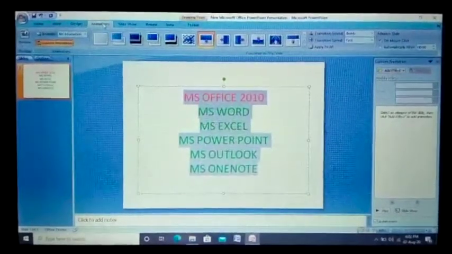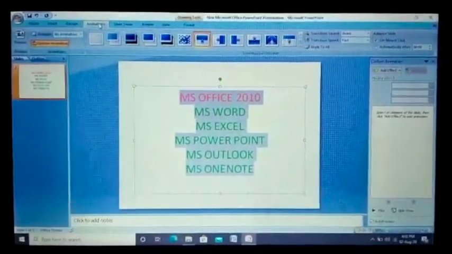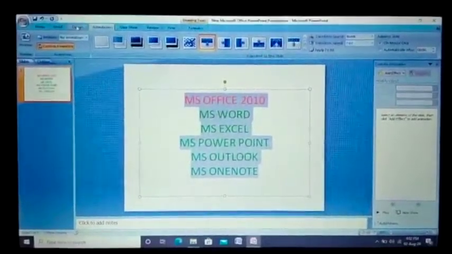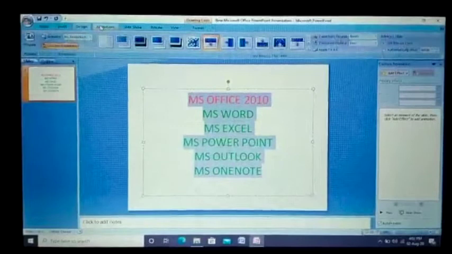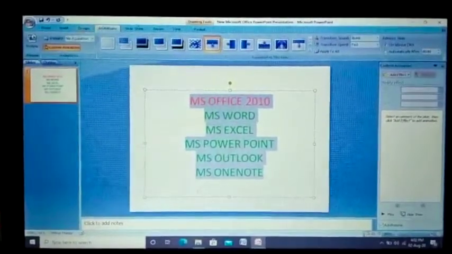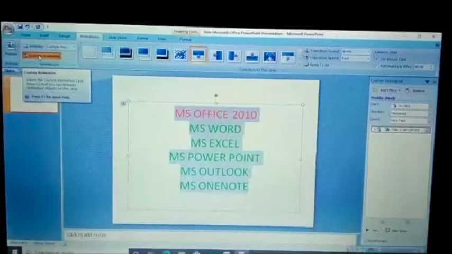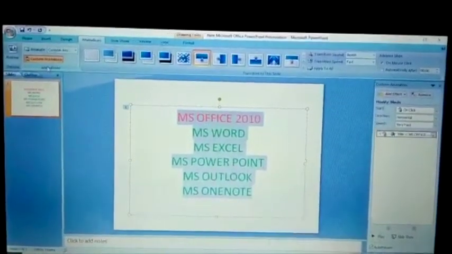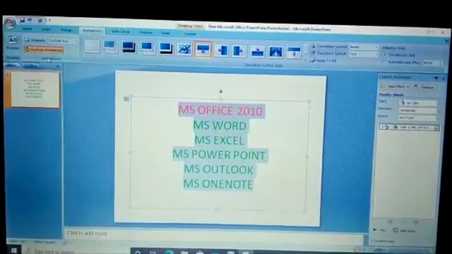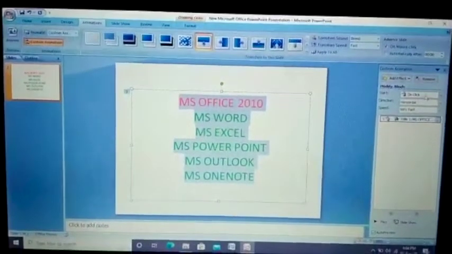Next, choose an animation from the animation group. Click on this animation. Next, click and select effect option to add effect to your animation.